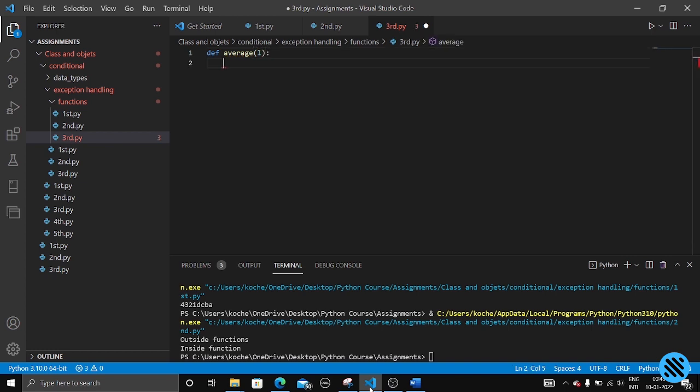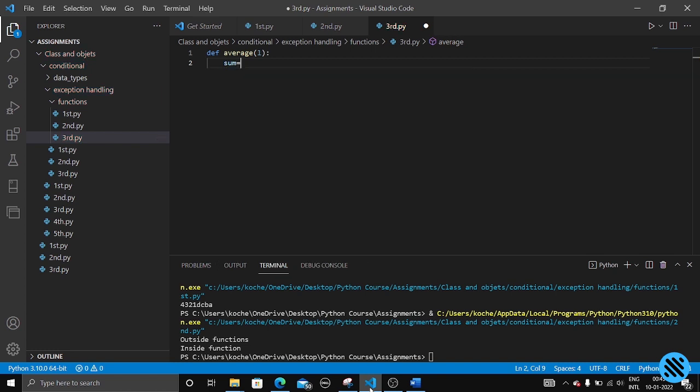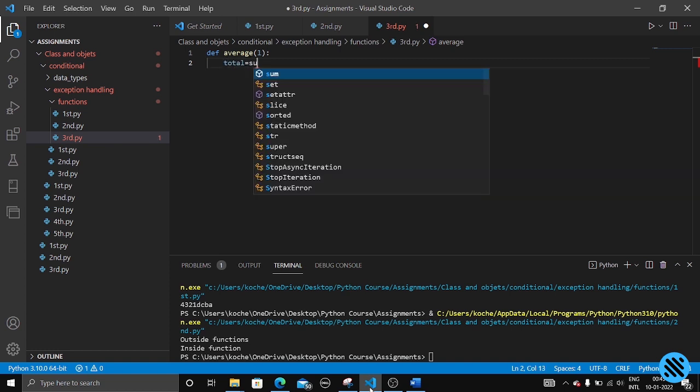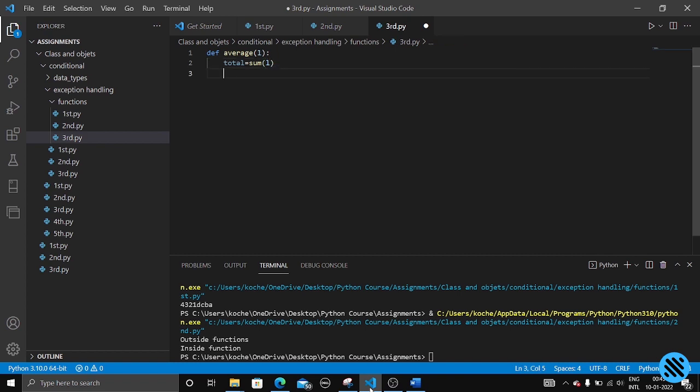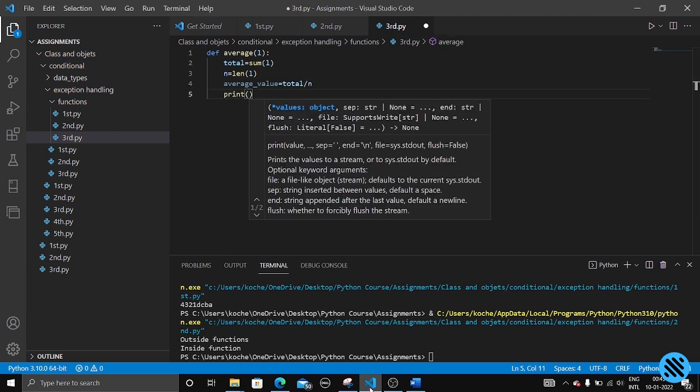And what is the average? Sum divided by total number of elements, right? So first let us find the sum, and let us store total equal to sum of L, and n equal to len of L, average value equal to total slash n, and let us print